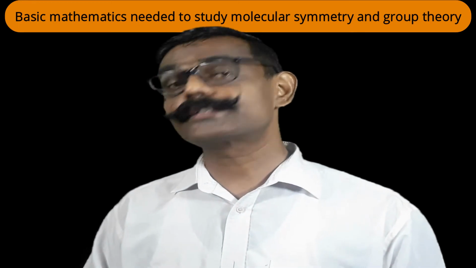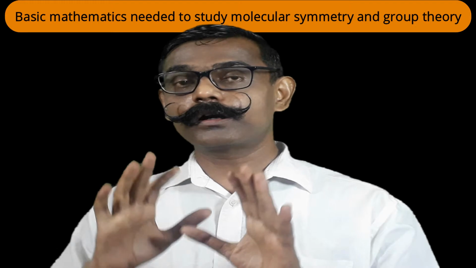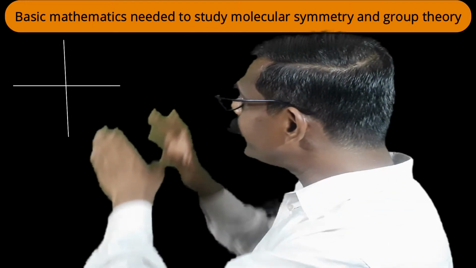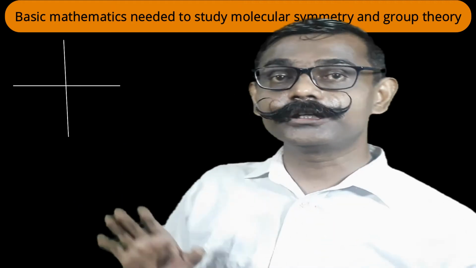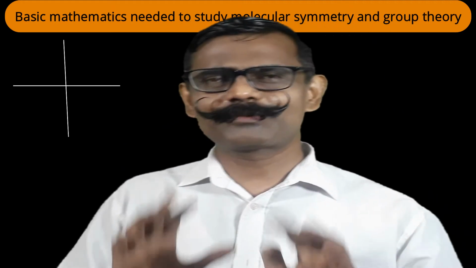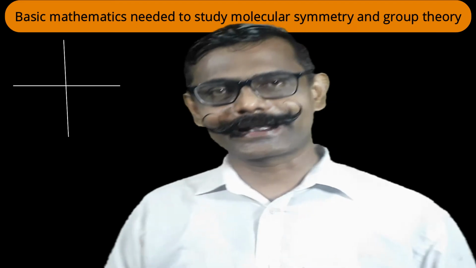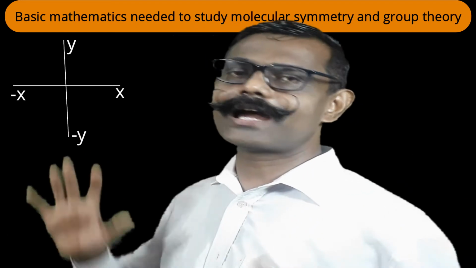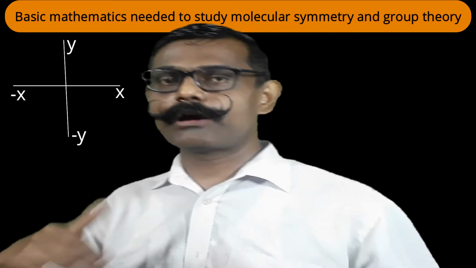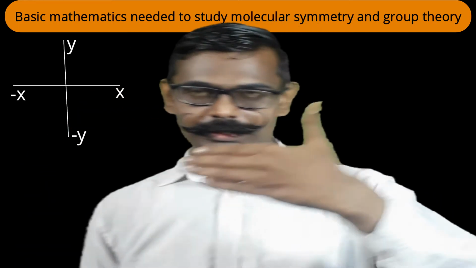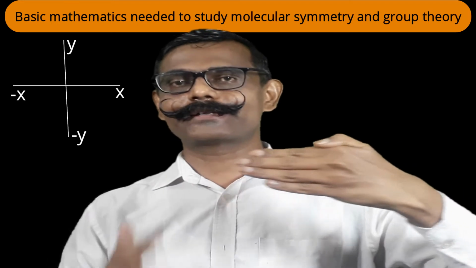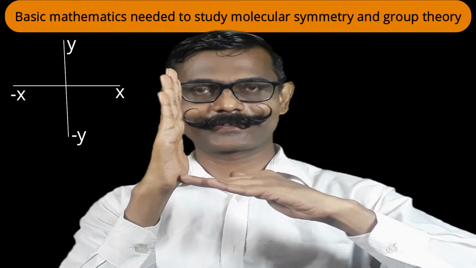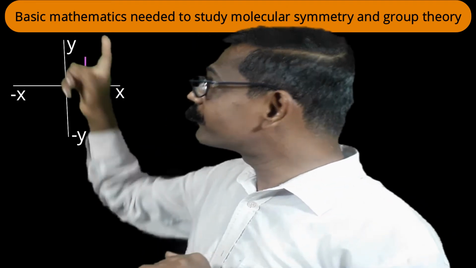Now the question arises, why is it so? For that, you should know the basic aspect of mathematics. We divide the 360 degrees into 4 quadrants by simply considering the x and y axes, a planar angular measurement and division. From your point of view, the right side is the positive direction of the x-axis, and upside is the positive direction of the y-axis. So it is our first quadrant.